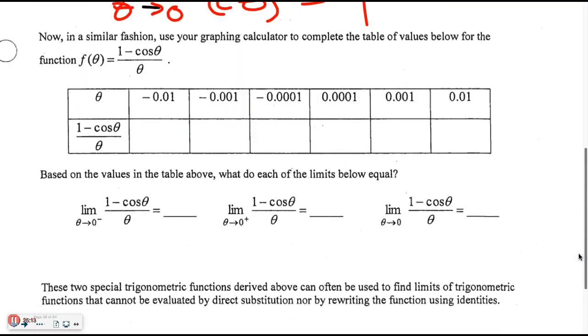Calculator people, faster this time, okay? Go enter this, make sure the top is in parentheses. So 1 minus cosine x, and I think Jake and Harrison, you're faster in your calculators. If you guys could go enter that really quickly. Or were you the slow one? I got it this time,